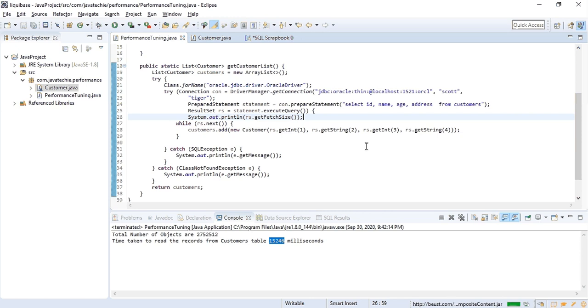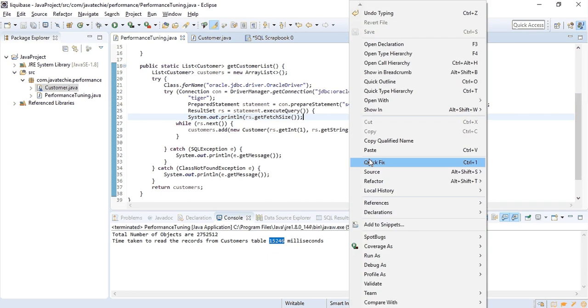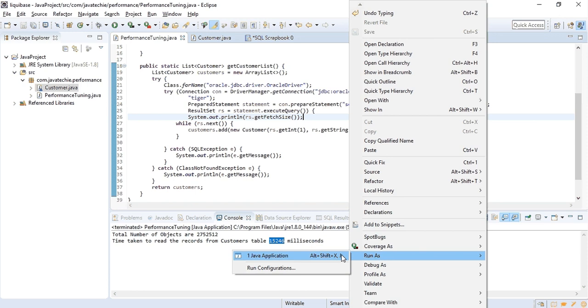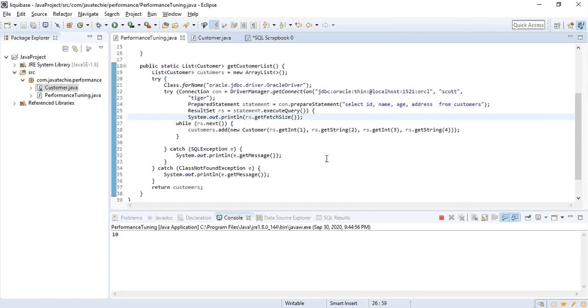Whenever you are reading a huge number of records from the table, the latency is due to the number of round trips happening between your program and the database. First, let us see what the default fetch size for the result set is. Right click, run as Java application again.